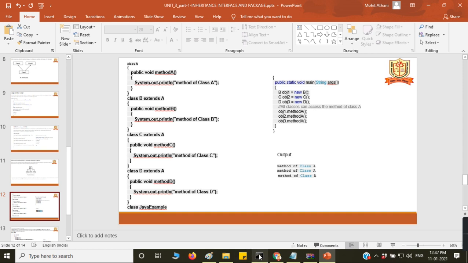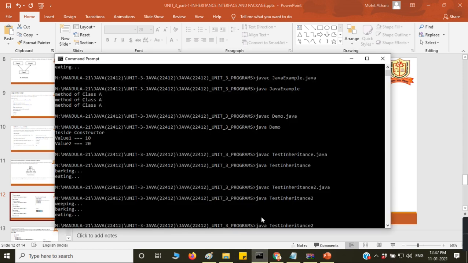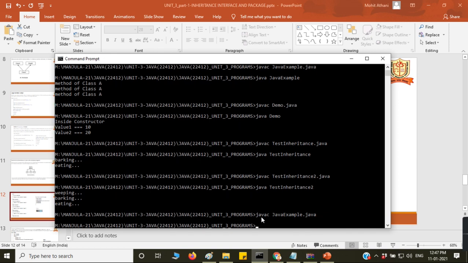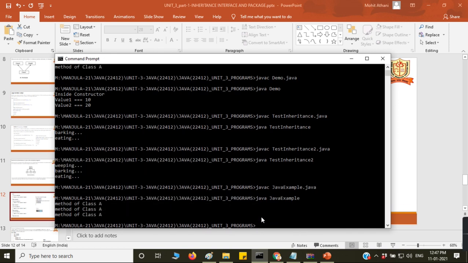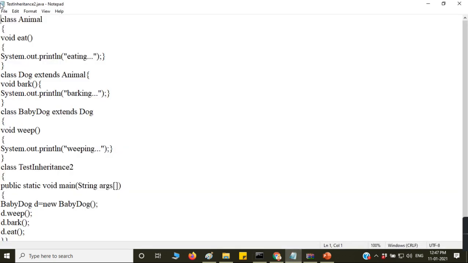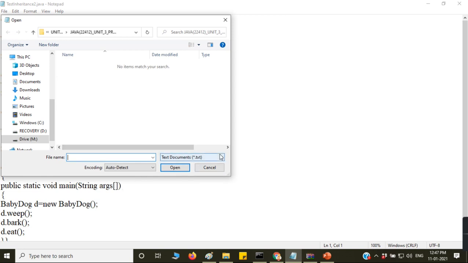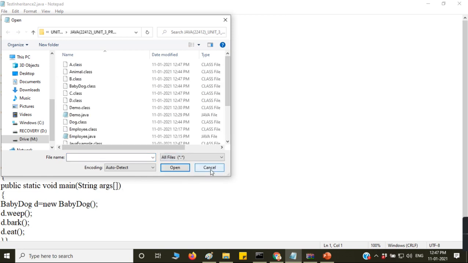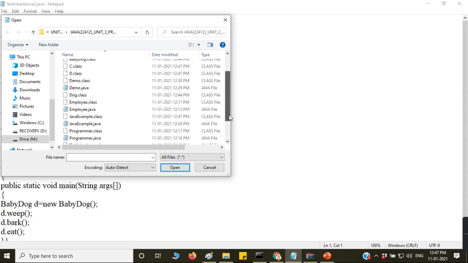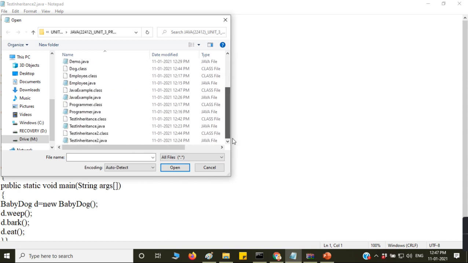JavaExample. So we'll see that. Method of class A, method of class A, and method of class B. File, open. Click on all files, and then the method, that is JavaExample. In JavaExample there are two files, one class file and one Java file.